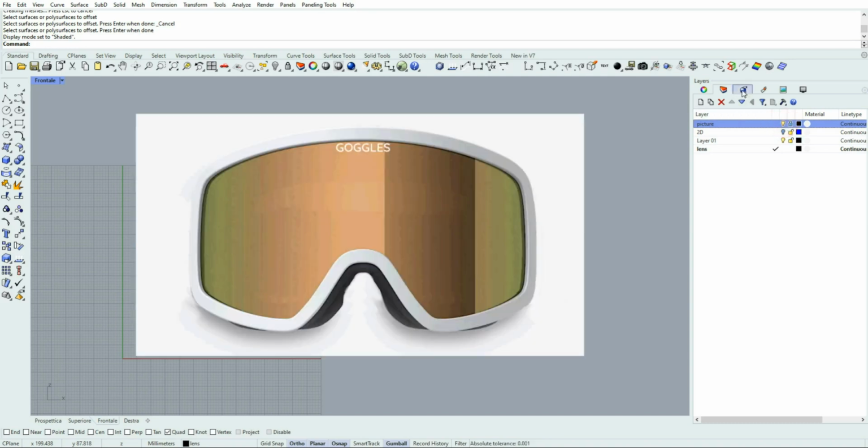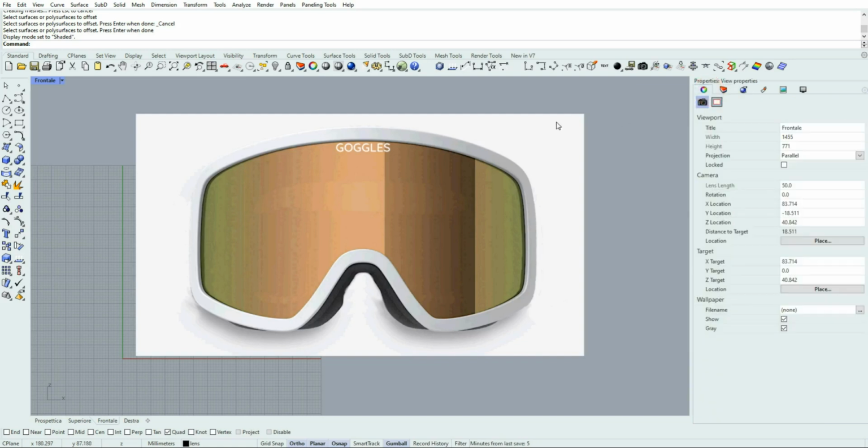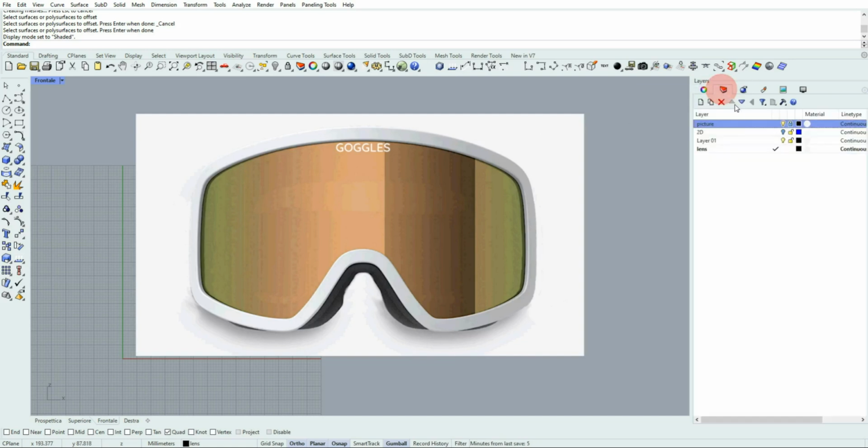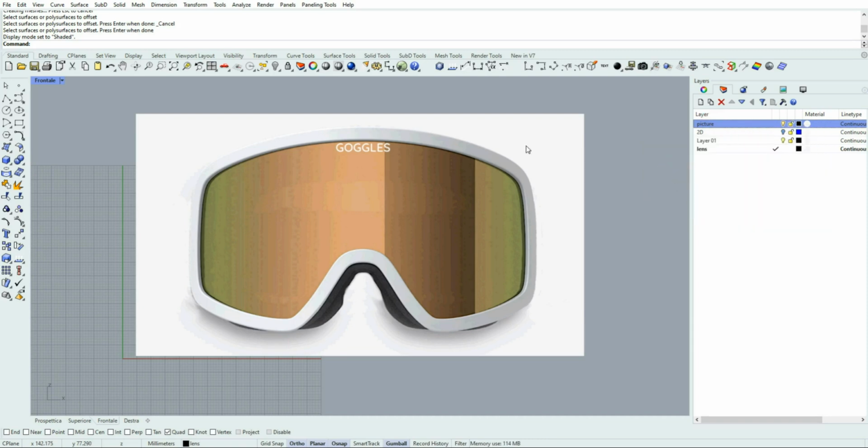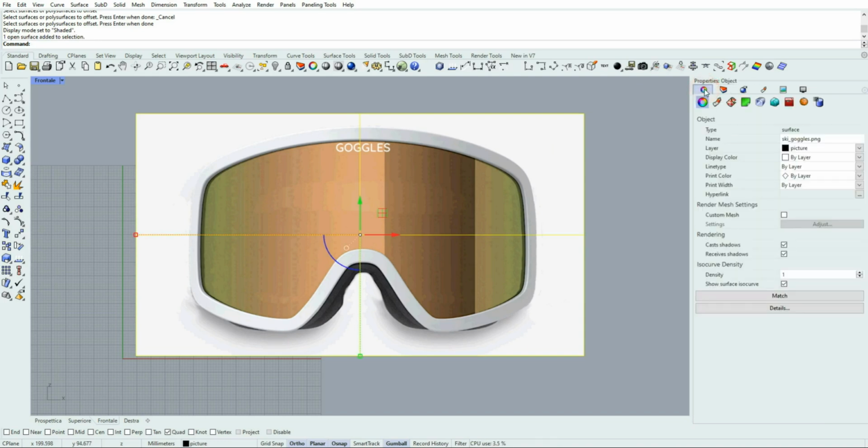Okay. For doing that, we can change the transparency of the picture. As you can see here in the layers, it's not possible to make adjustments about transparency, but we are going to unlock this layer picture. We select the picture.